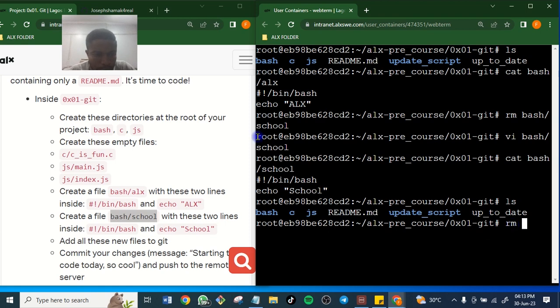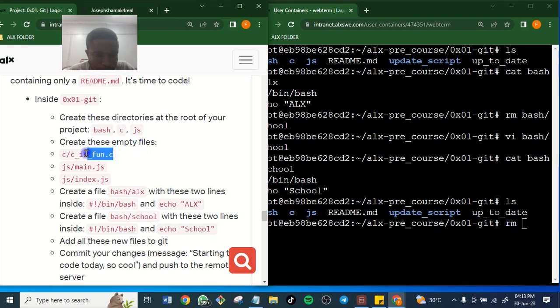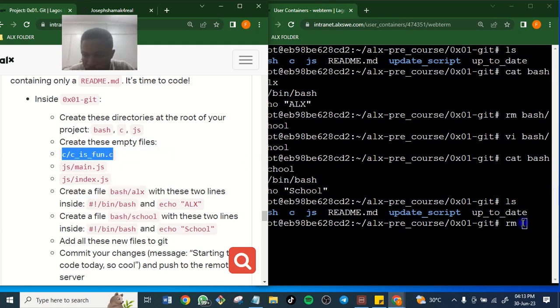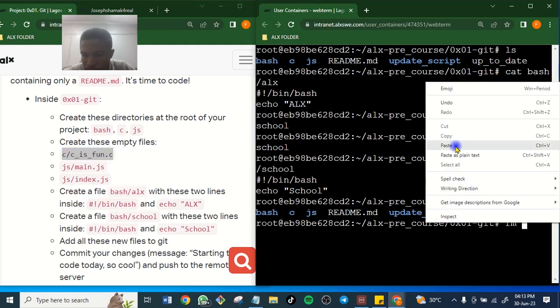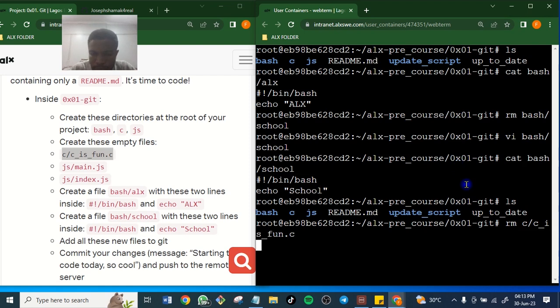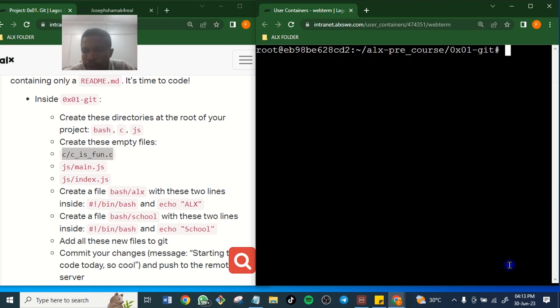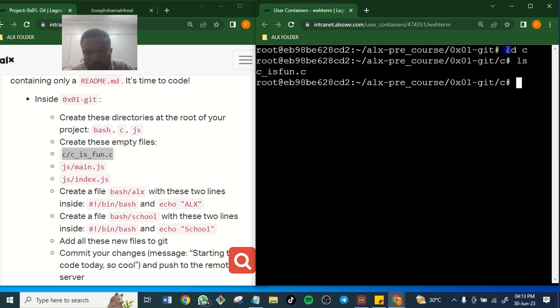Let me remove all these files. No such files. cd, ls. It is in C now.